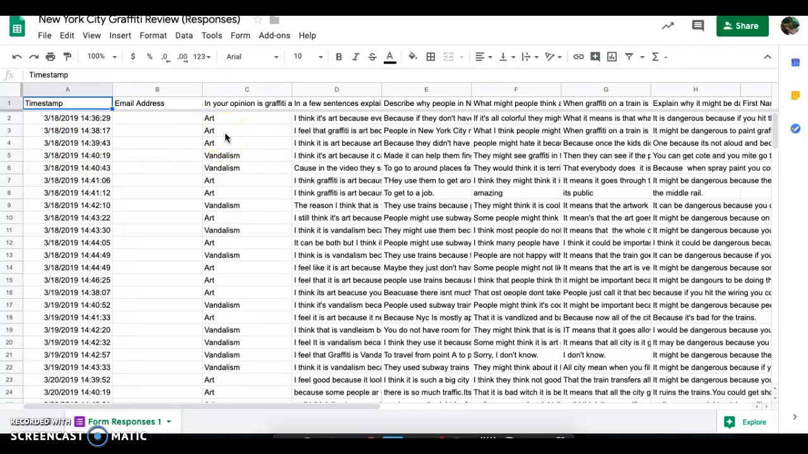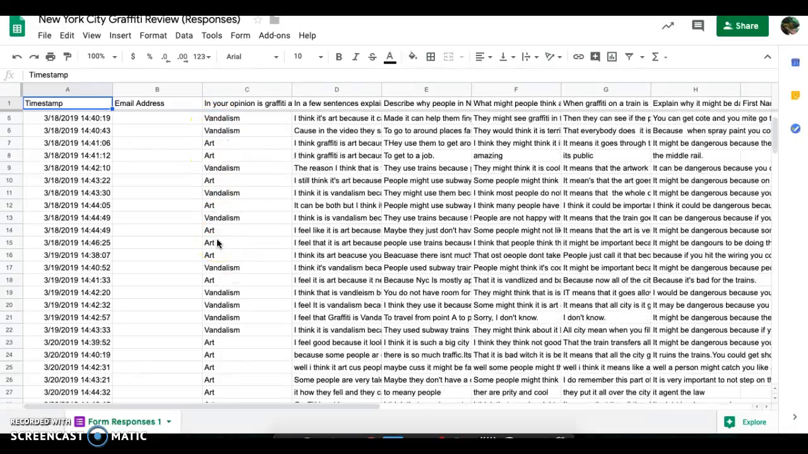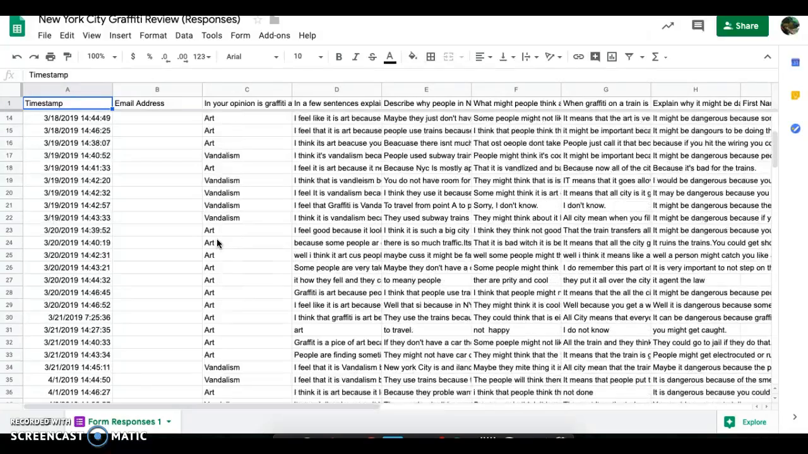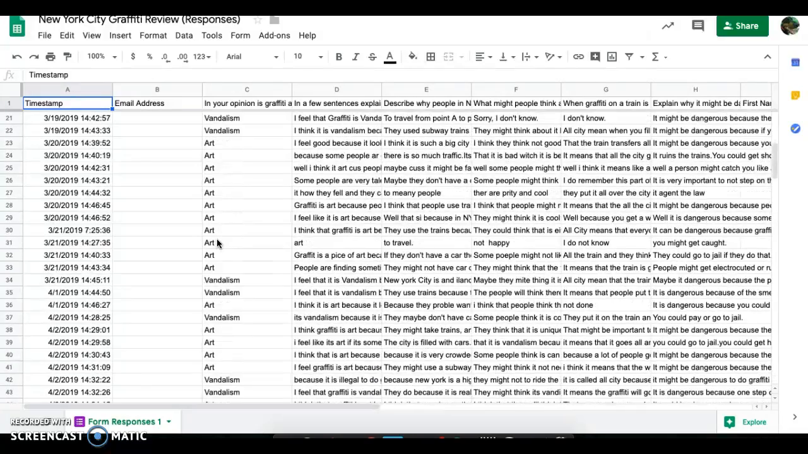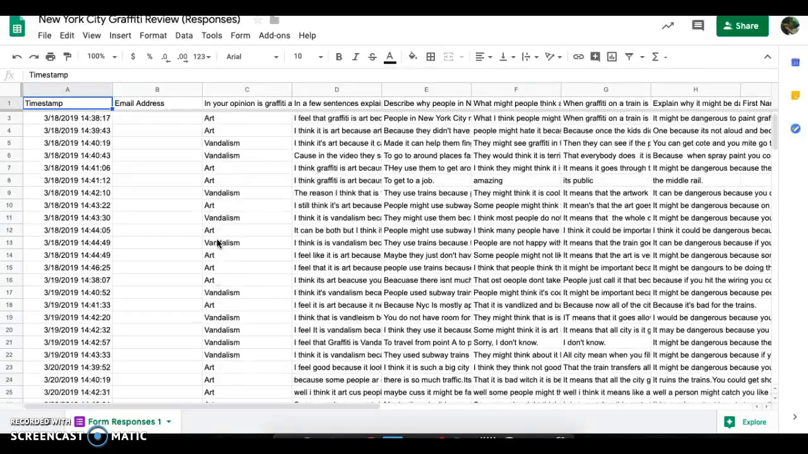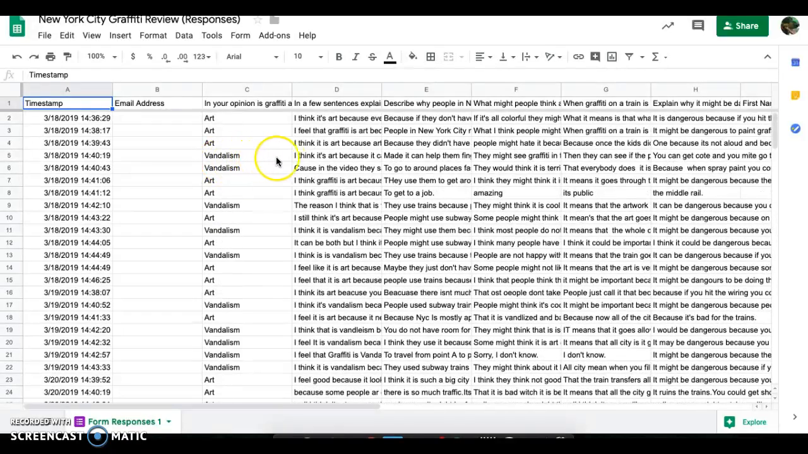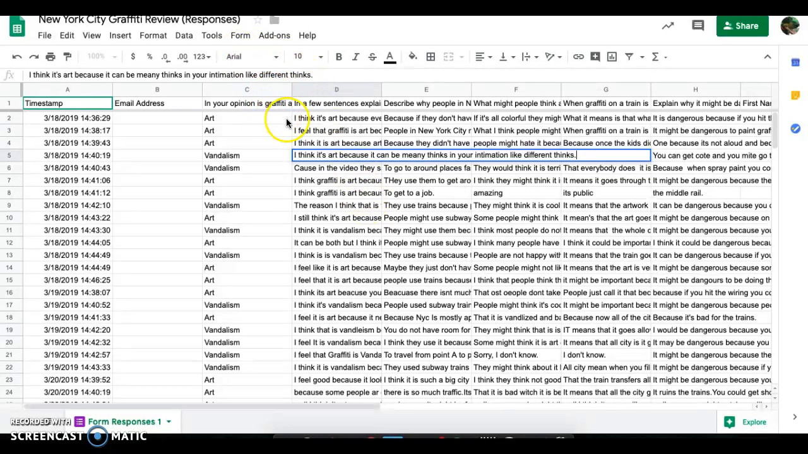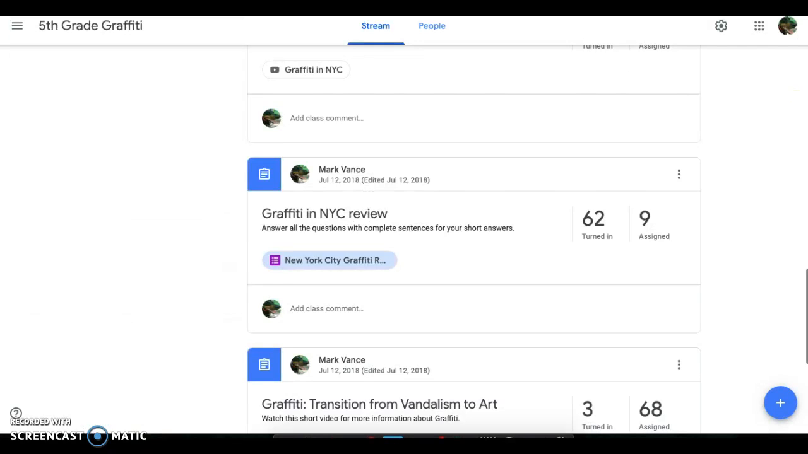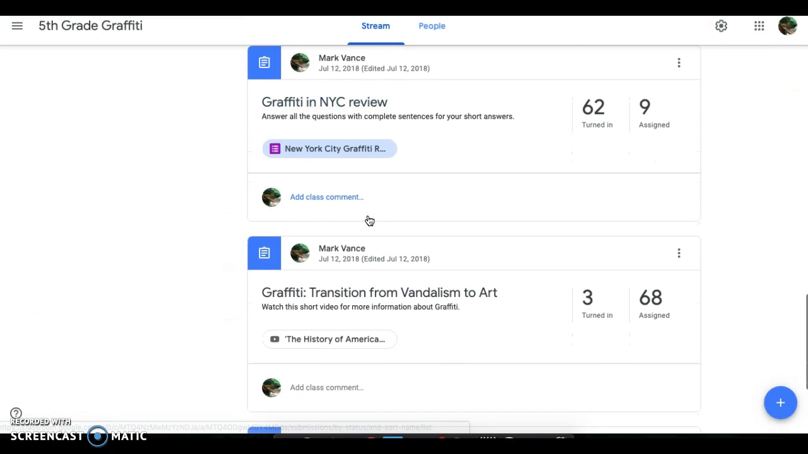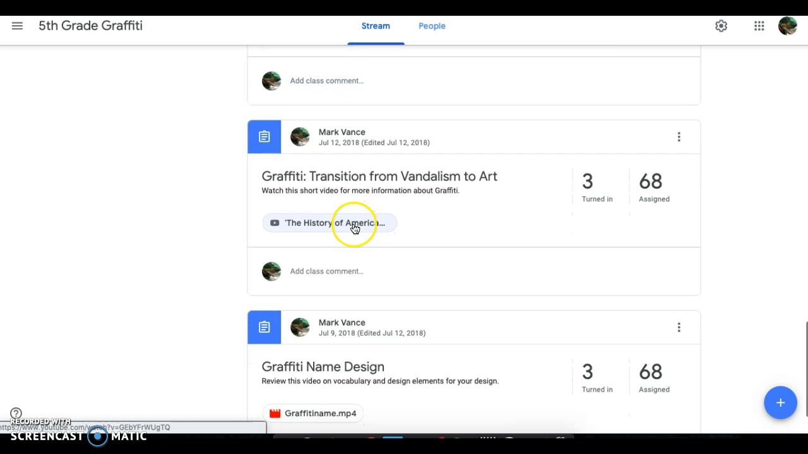And what's kind of cool about this is I can see quickly what students felt, whether it's art or vandalism, as I scroll down. So you can see most of the students kind of felt that it was art, but definitely there were some students that looked at it and said, that's probably vandalism. And then I could click on what their responses are, and I could read that and judge what they took from the lesson there. So now if I go back to my classroom, once they've completed those 2, there was